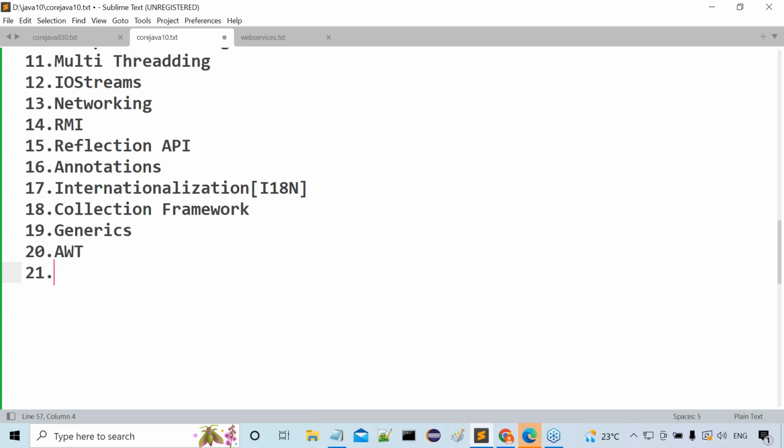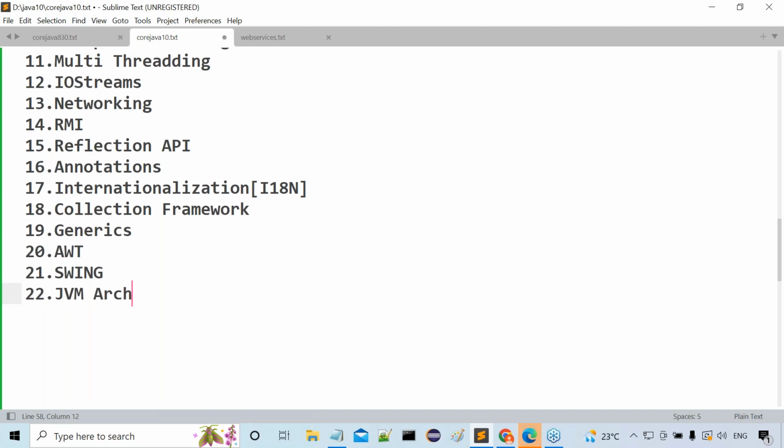AWT, and an extension of this AWT, Swing. Swing and AWT are for GUI, graphical user interface. How to prepare a window. Inside this window, text fields, radio buttons, check boxes, text areas, select boxes, all the things. GUI programming we are able to prepare with AWT and Swing, where we are able to prepare calculator-kind of applications. For calculator-type applications, we are going to prepare the internal logic for that GUI. So we are going to understand those examples clearly. Don't worry.